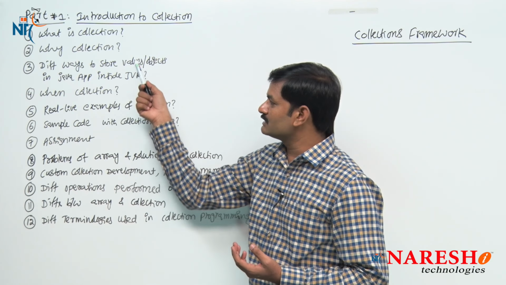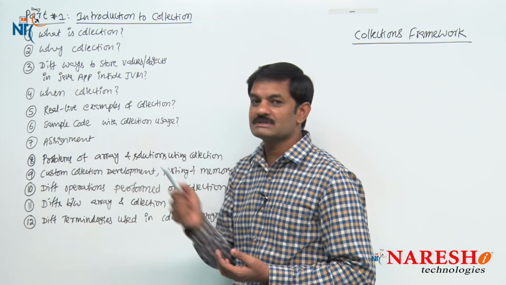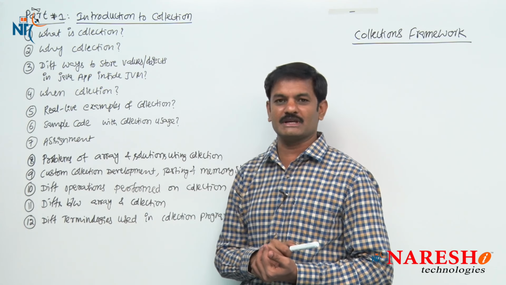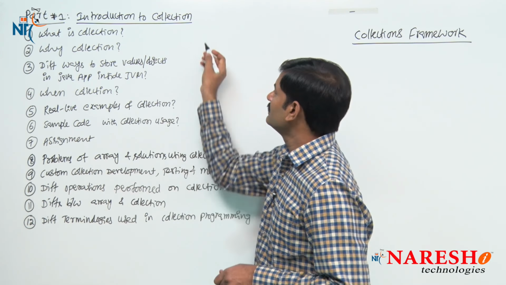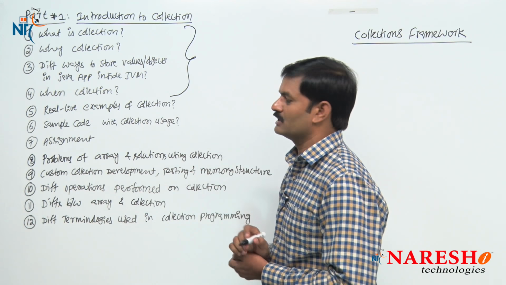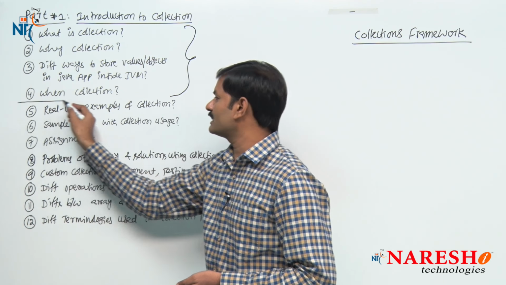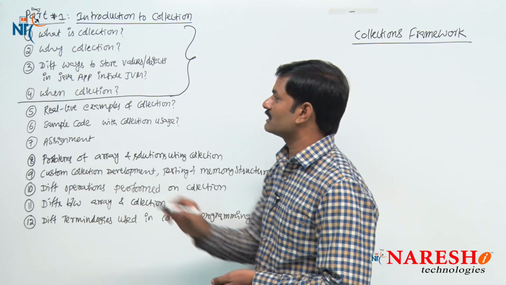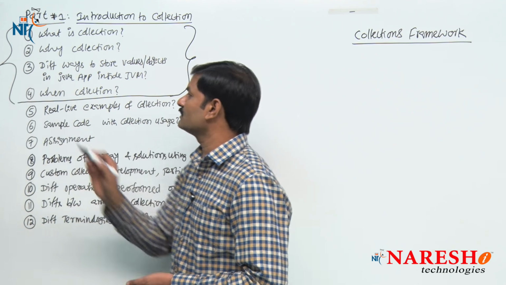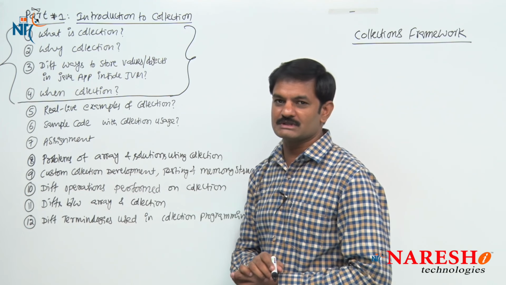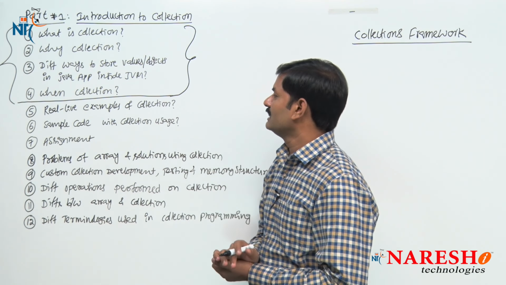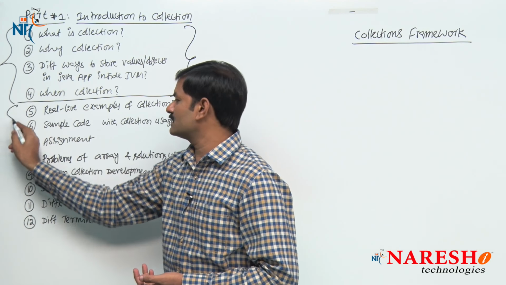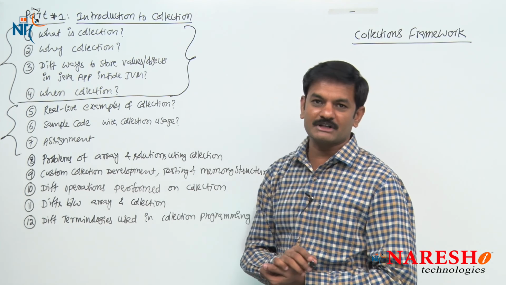After learning these different ways, I will introduce when to use collection and when to use array. If you have an idea of the first 4 points, they are the most important points. With the first 4 points you will get a complete picture of what a collection is, where you are going to use it, and the different ways of storing data. With this small idea, next I will take you to the section on real-time examples for the collection.